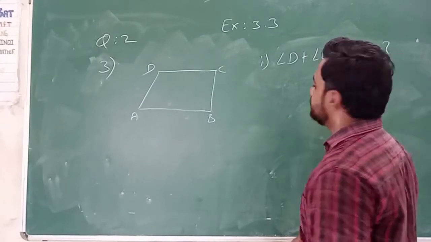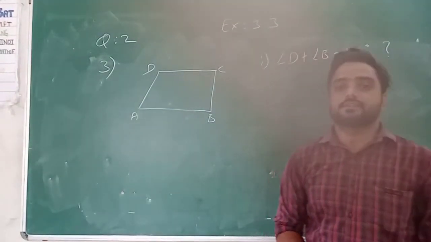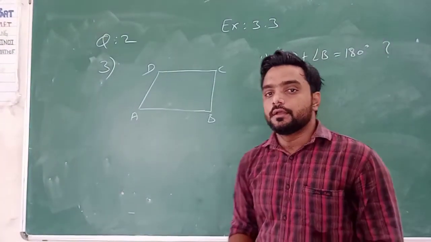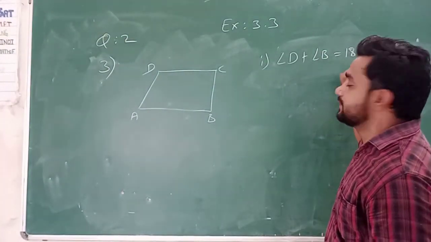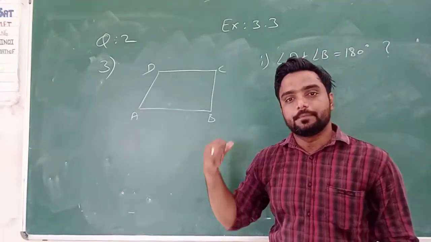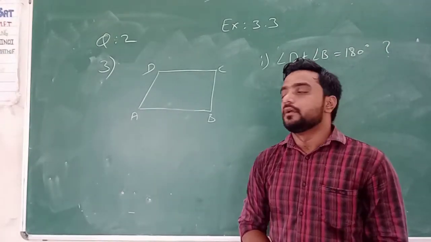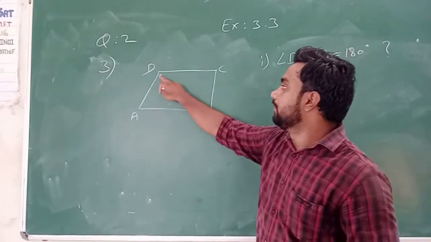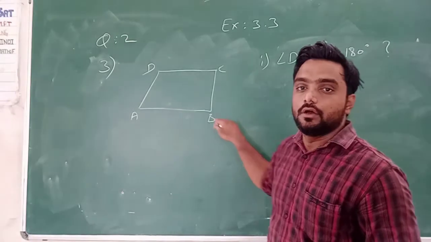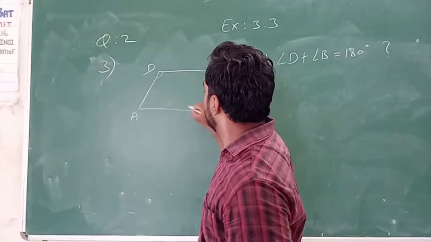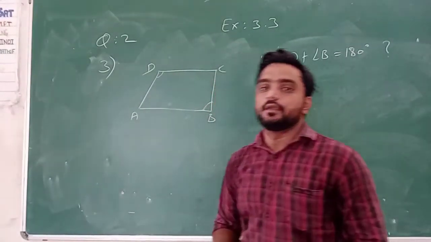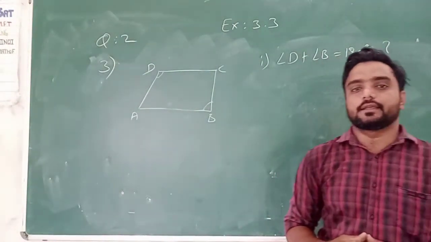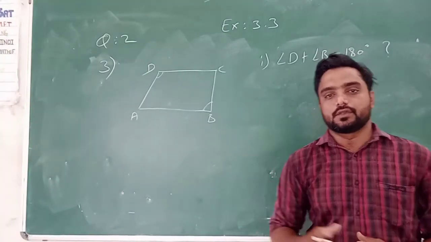degree. Okay, so on the basis of this means angle D plus angle B is equals to 180 degree. On the basis of this, okay, we will check. Okay, so angle D and angle B, so just here angle D and angle B both are the opposite angles. Okay, so on the basis of one of the property, एक property के according क्या था कि opposite angles जो रहेंगे वो equal measure के रहेंगे.